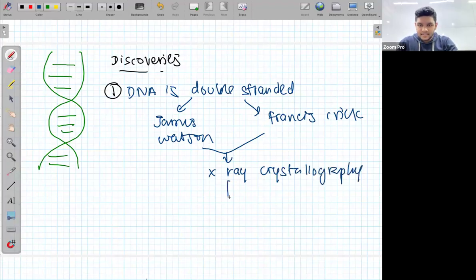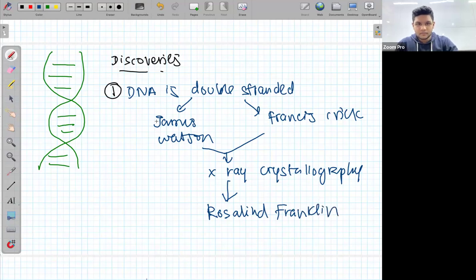This X-ray crystallography was proposed or discovered by a scientist called Rosalind Franklin. So under the first discovery, there are a few coming under. Now, if we take the next one, discovery